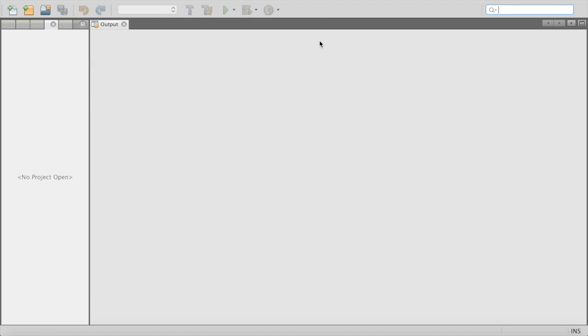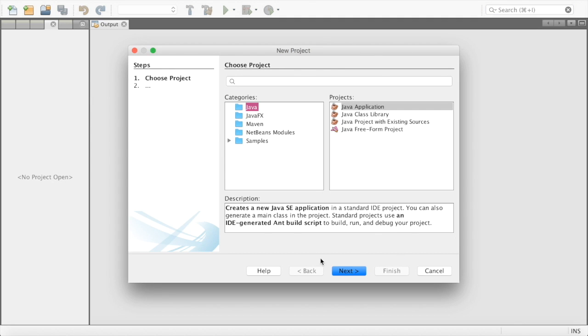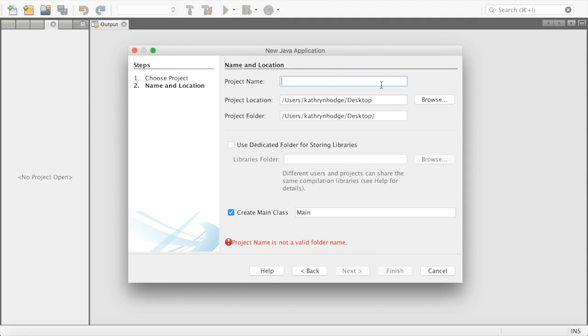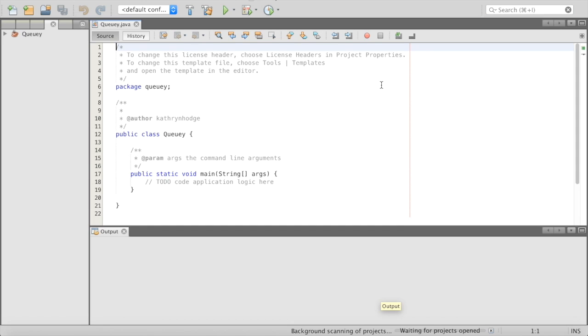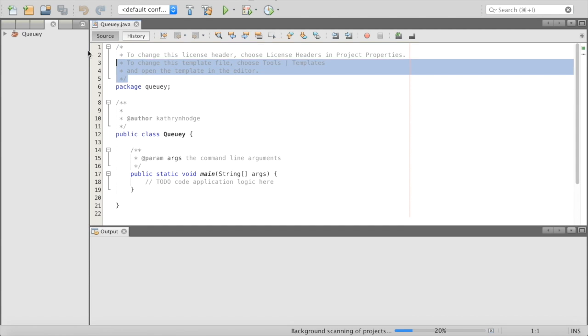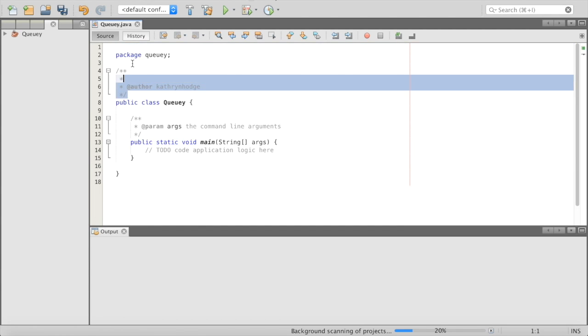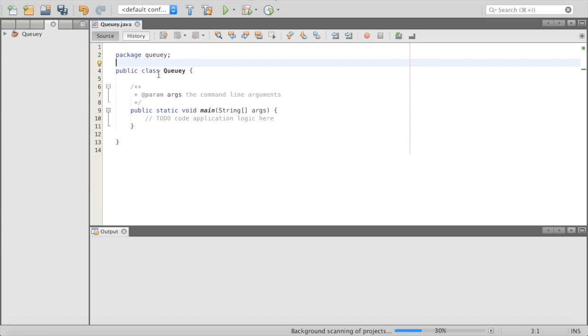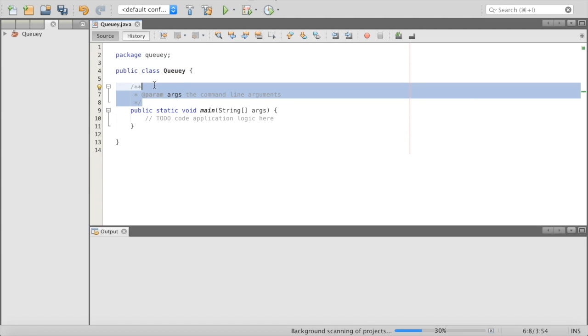File, new project, and we are just going to go next. Put it on the desktop, and we are going to call this QE because it's a QE. Like I was saying, we have this queue, our QE, that's going to be our queue. And the first thing we're going to do is actually create a property, and the property is going to be